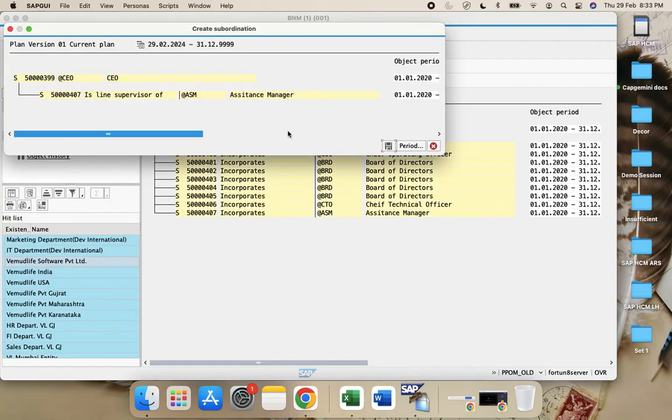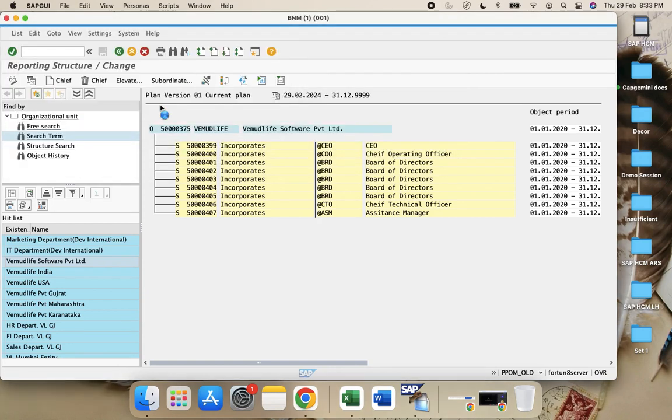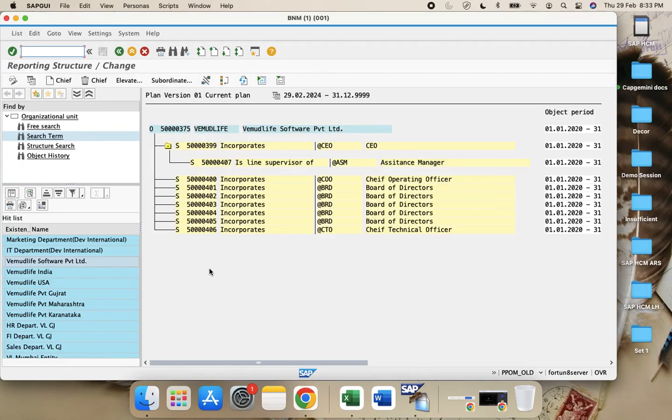I've selected this one, and now can you see the relationship between them? This is the main relationship, and this is the sub, under the CEO position. So I can now save it. Can you show it again? Yeah. So see,